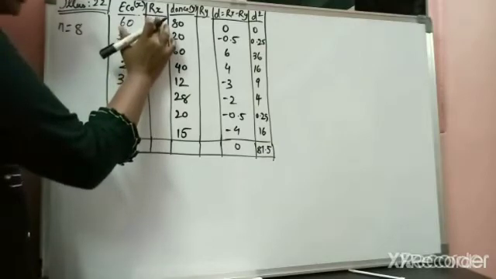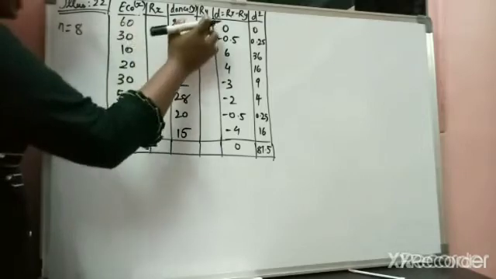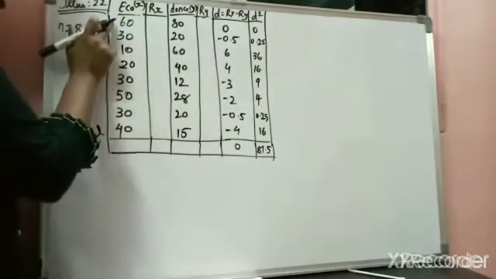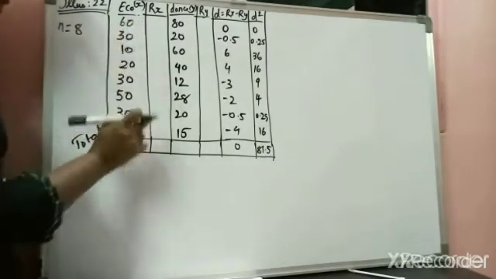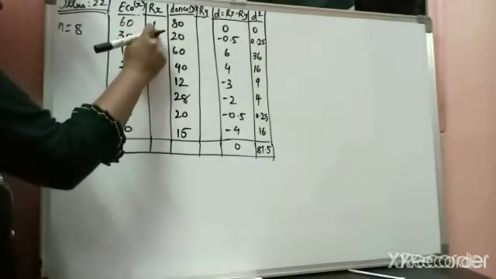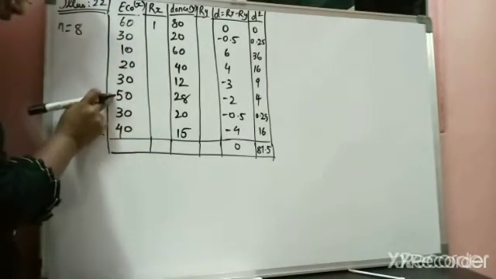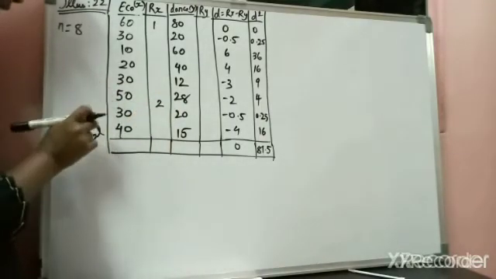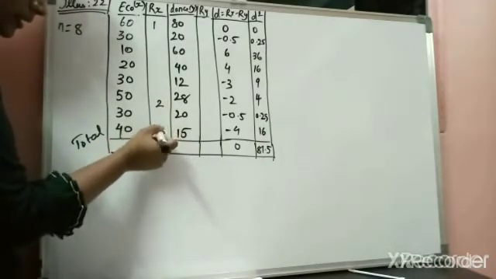Then you have to find out the Rx. Now, what is Rx? Rx is rank of X variable, Ry is rank of Y variable. Okay, so now let's calculate. Now, for the highest value from this data of economics marks, we have number 60. So, rank for 60 would be 1. Okay, that is the highest value. Then after 60, we have the second highest as 50. So, rank would be 2. After 50, we have number 40. Okay, so after rank 2, it would be 3.